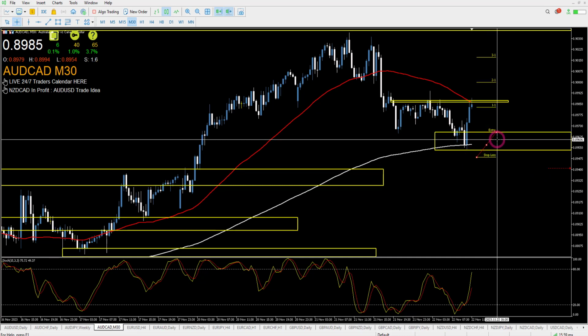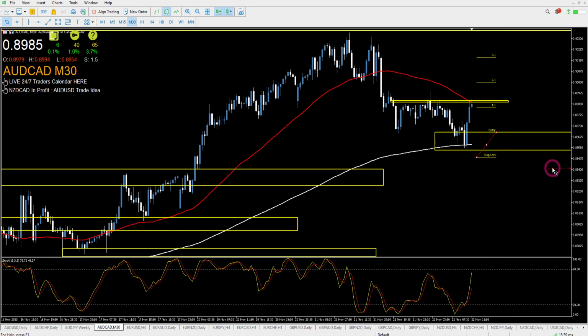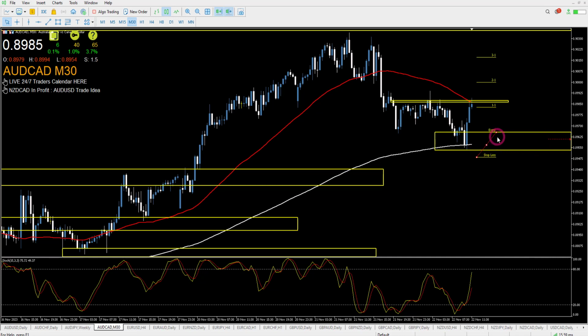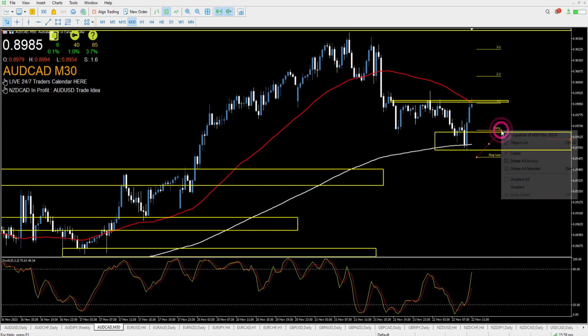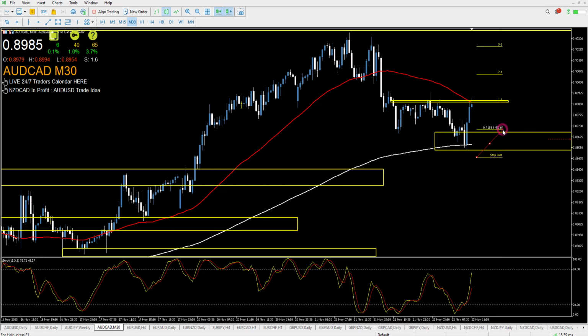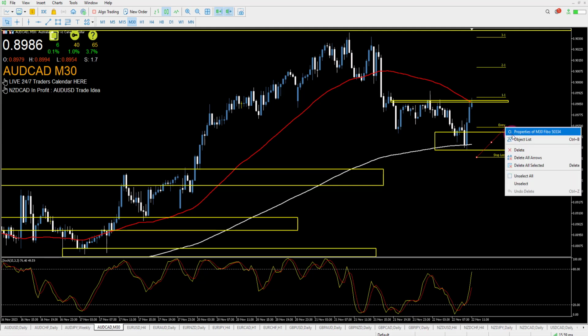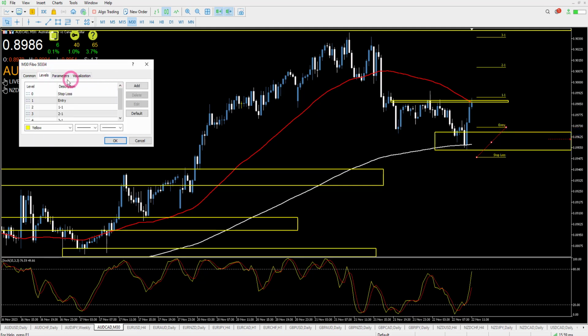I'd be setting an alert around about 89.60 now, so I'm just going to drag that up in and around 89.60. If price hits 89.60, we might be able to look at an entry around about 89.67-ish. I would say 65, but we've got a spread of 1.5, so let's say 89.70 on an entry. Okay, because I can see that already. If I go 89.70 and then initiate a 40 pip stop loss, let's say